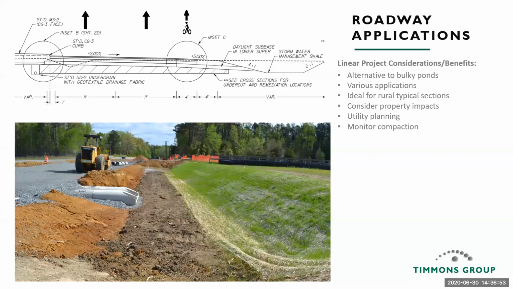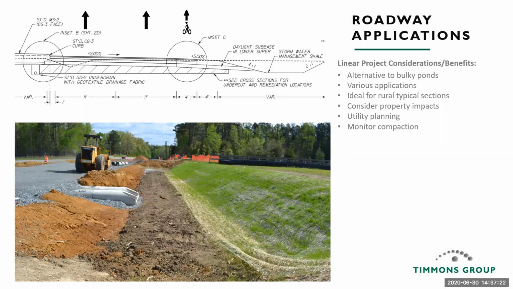Utility considerations. One of the things to consider is, when you start talking with utilities, make sure you've done enough design to know how wide it's going to be. When they start doing their design, they start figuring out how much easement they may need. You've done enough design to know hydraulically that this needs to be a 5-foot, 6-foot, 8-foot, or 12-foot wide trapezoidal ditch, so that they know where they need to be.